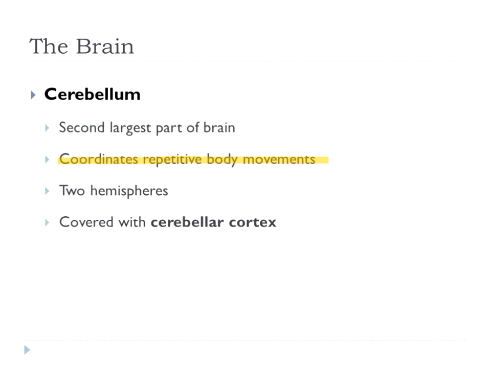The cerebellum is the second largest part, so that's the smaller tail end in the back. The job of the cerebellum is primarily the coordination of repetitive body movements. So things like walking, writing, anything that you do driving, all of that is the role of the cerebellum. We can have what's called cerebellar ataxia, which means that there is the inability of the cerebellum to work properly, and all sorts of things can cause that. A blood clot can cause a stroke in the cerebellum that can interrupt those repetitive body movements.